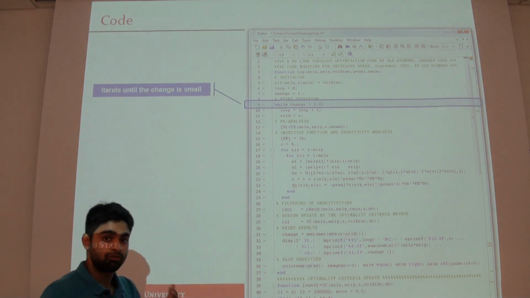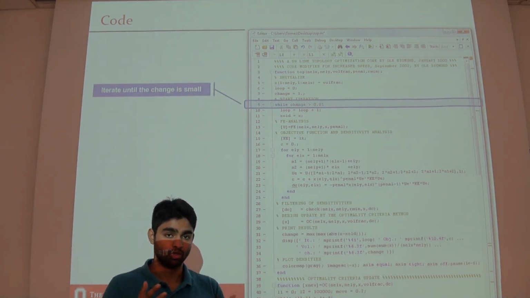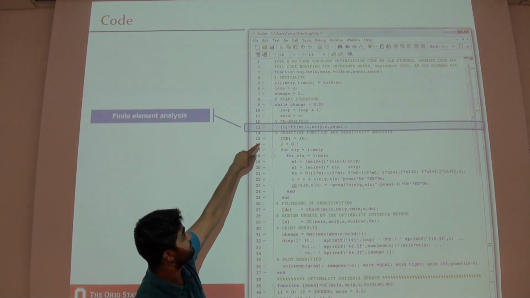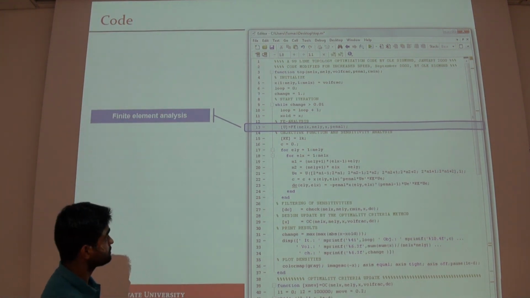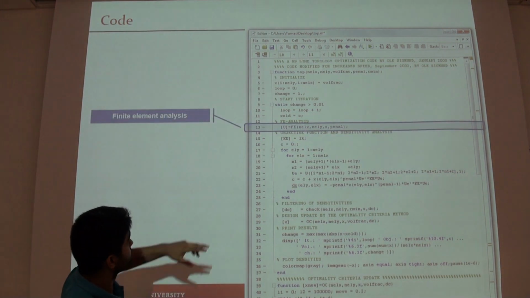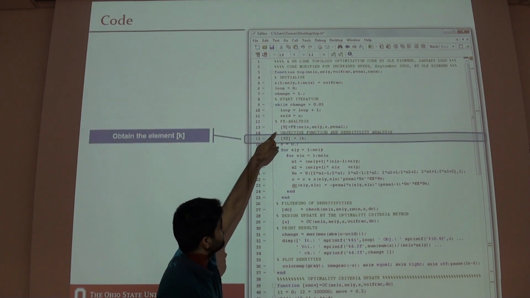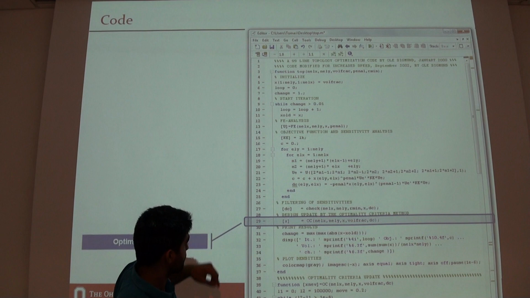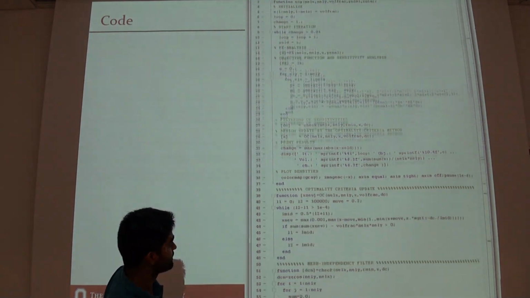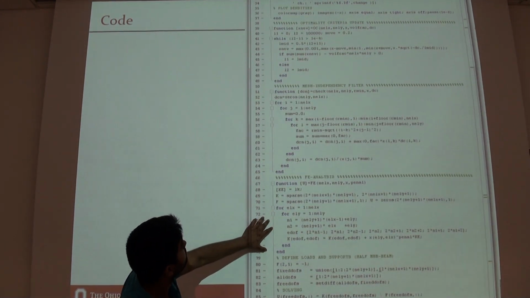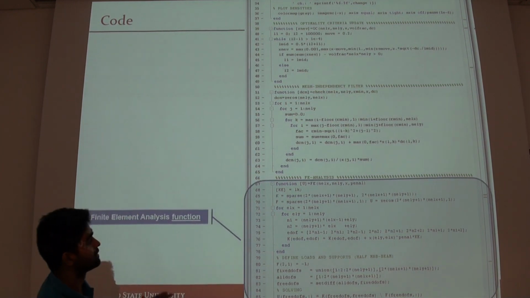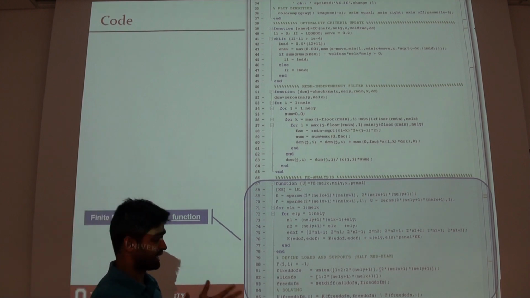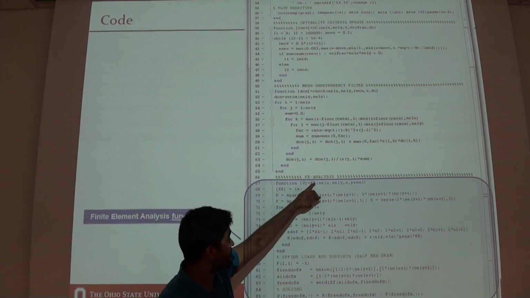0.5. Next we start off with our iteration loop, and the first thing we do here is the finite element analysis. Now in the finite element analysis, could you go to the finite element analysis block? It's on the next page. It's right over here. Yeah, so you go to the function of finite element analysis, a function named FE,